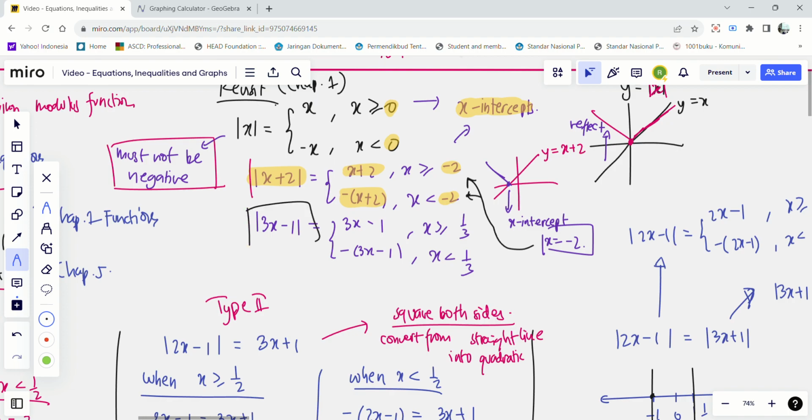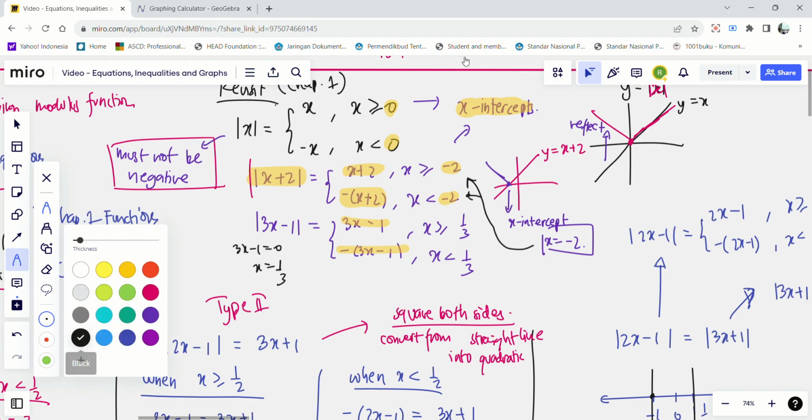So for example, you have another one, the modulus of 3x minus 1. Again, it can have two values: when x is at least 1/3, again, from the x-intercepts. 3x minus 1 equals 0, x equals 1/3. When x is at least 1/3, this should be the value that we have. But whenever x is less than 1/3, instead what we have is negative of 3x minus 1, as you can see over here, right? These two. So this is the definition of the modulus function,